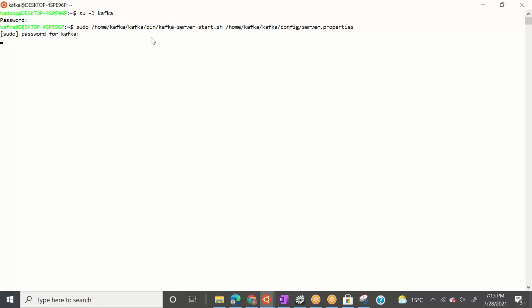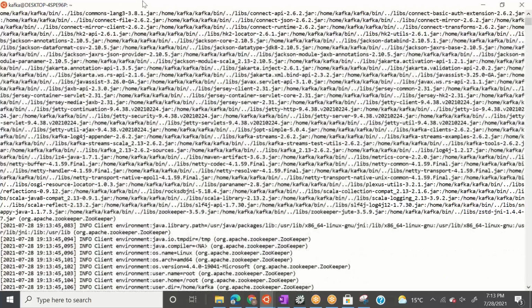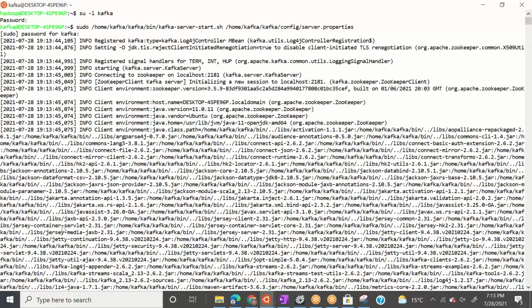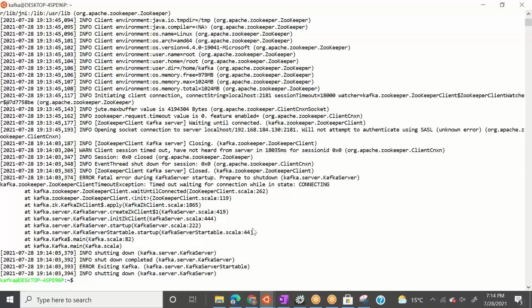This will start my broker B1 using server.properties. When it is successful, it will tell me which broker it has started. And once this broker is started, we need to start two more things: producer and consumer, right?